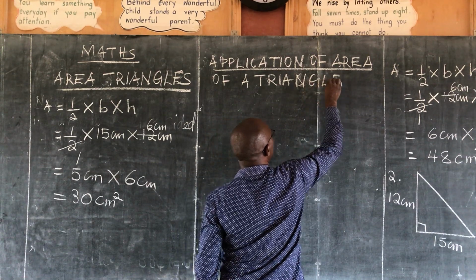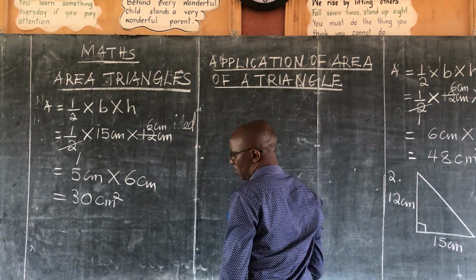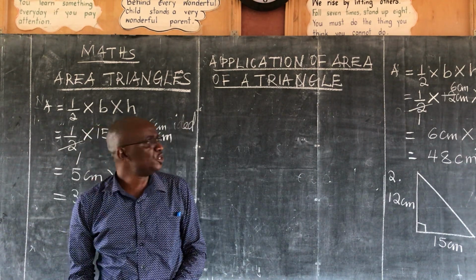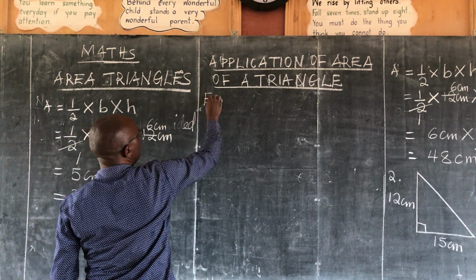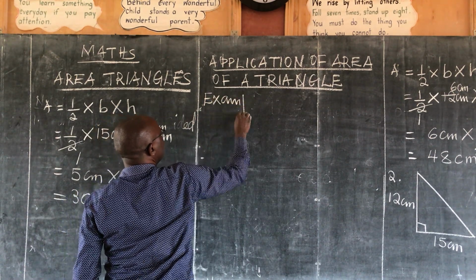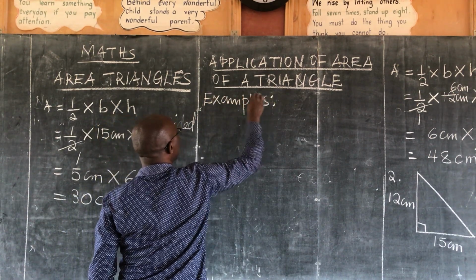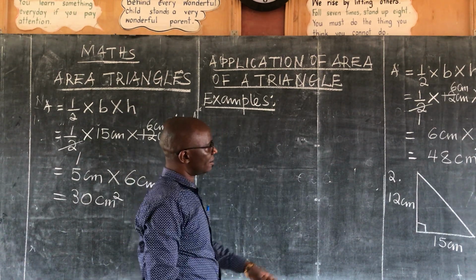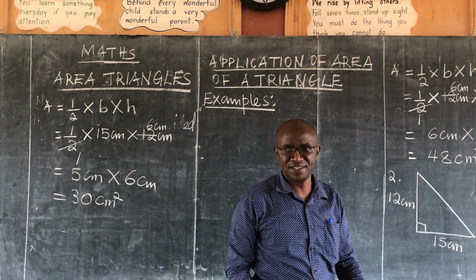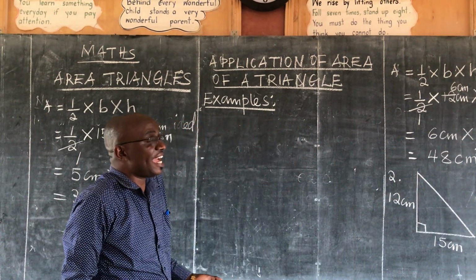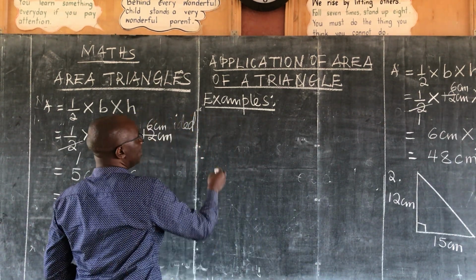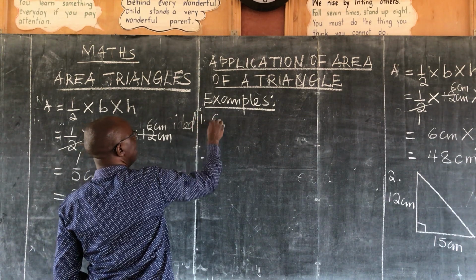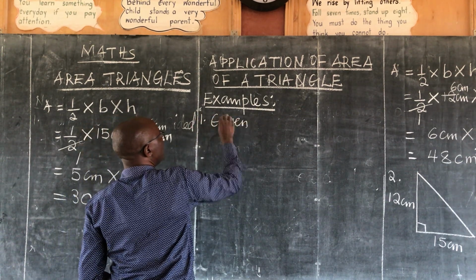Application of area of a triangle. Now, I'm going to use the very example. We are going to have two examples using the same triangle, and I'm just going to change my questions. There is when they give you the area and they ask you for either the base or the height. Now, one, they can say, given that